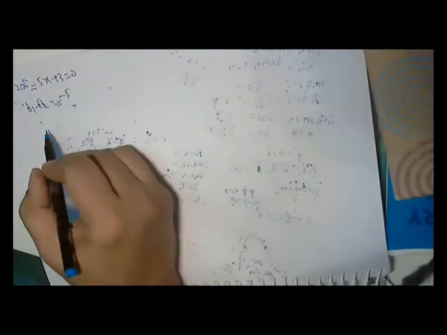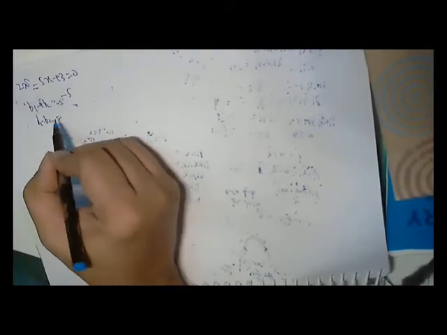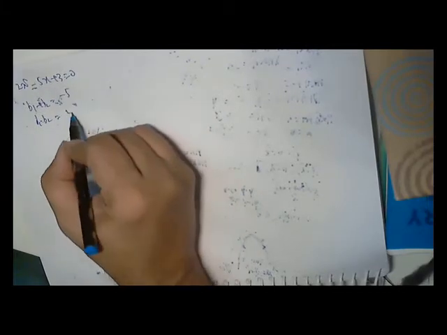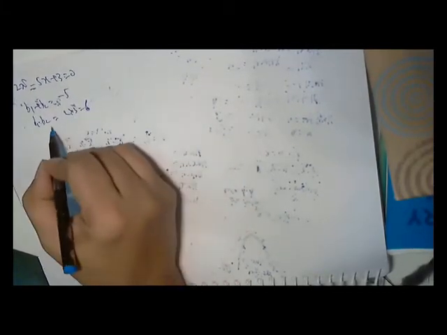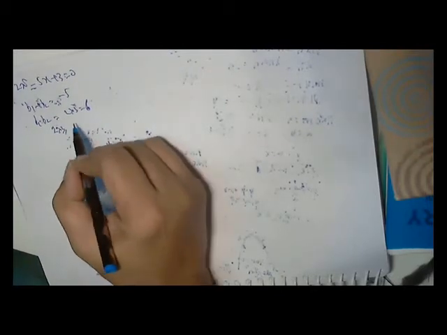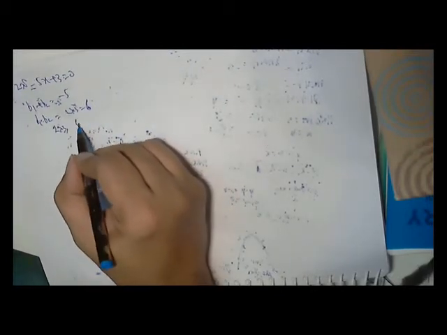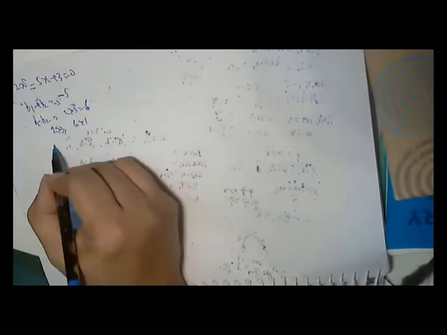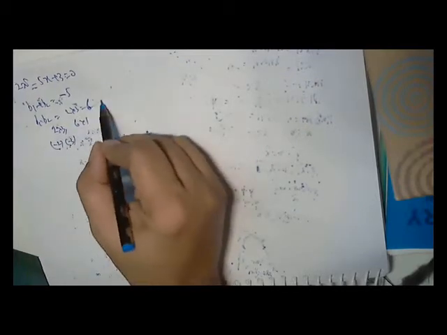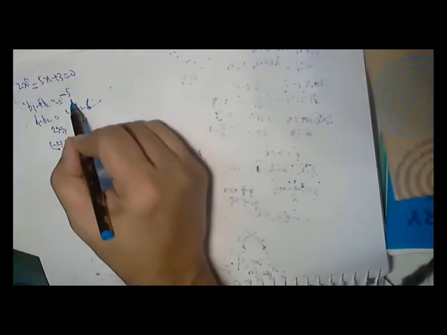Let us see. Now b1 plus b2 is equal to minus 5. b1 b2 is equal to 2 into 3, 6. So 6 is having how many factors? 2 into 3 or 6 into 1. 2 factors. So I want minus 5. So it is minus 2 into minus 3. Minus 2 into minus 3 is plus 6. Minus 2 plus minus 3 is minus 5.